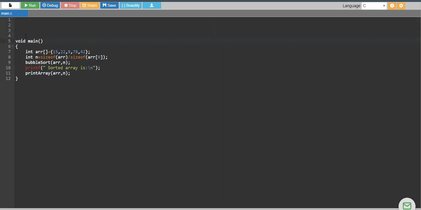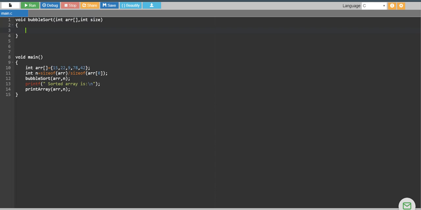Now let's create this bubble sort function. Void bubble sort, integer array and its size.